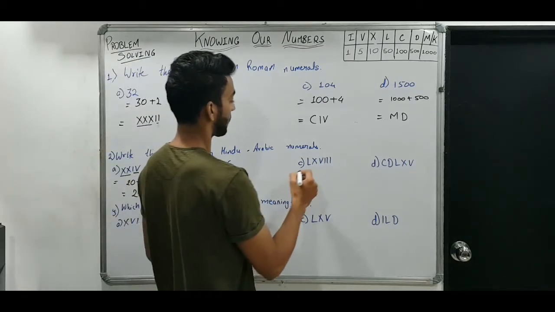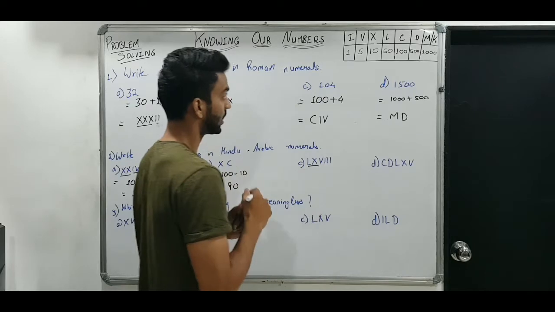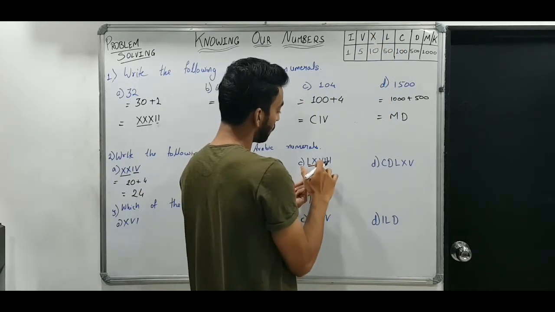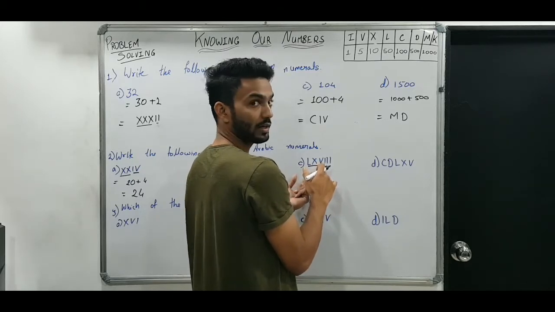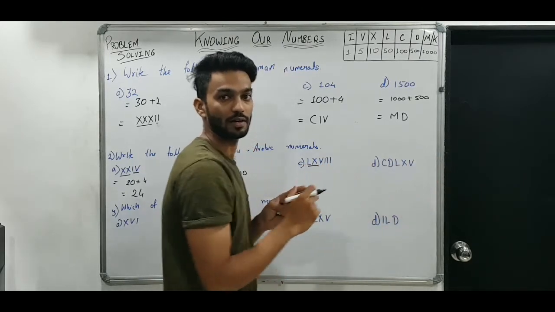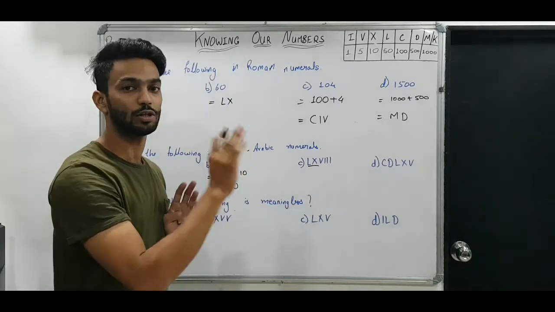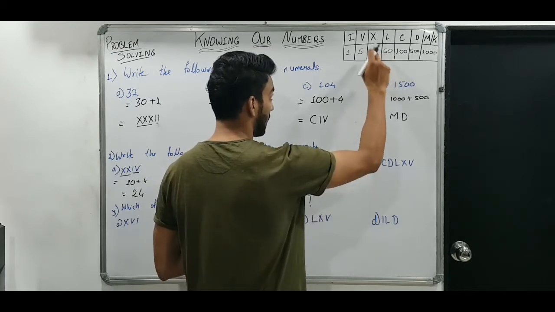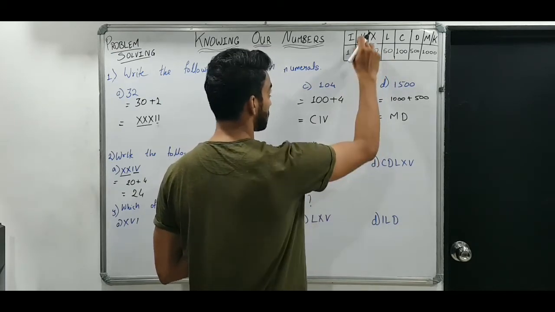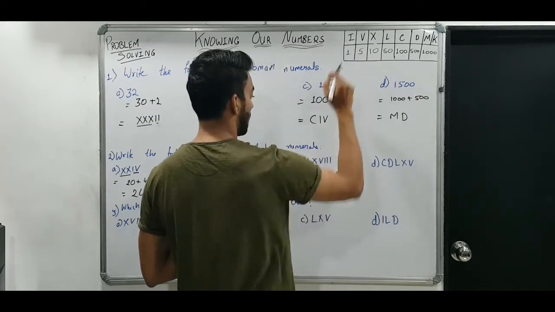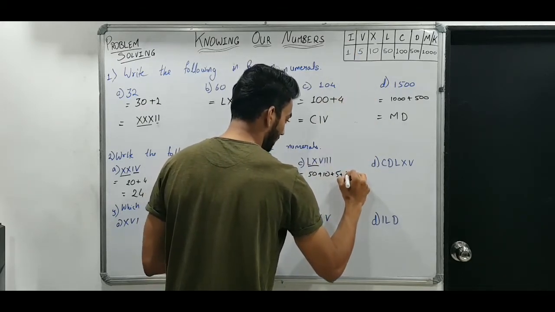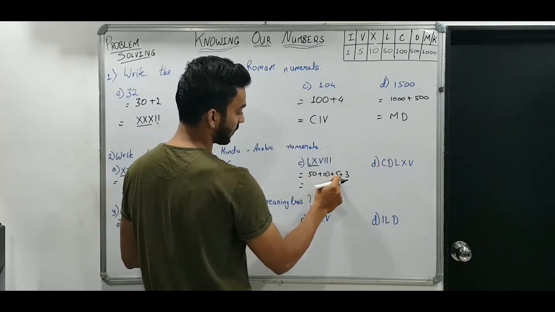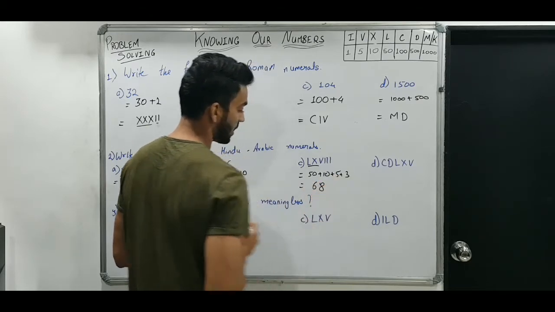Then next is LXVIII. Small greater symbol, then a smaller symbol, means addition combination है. फिर 5 वापस से smaller है, फिर और smaller, मतलब ये decreasing form में जा रहा है. Decreasing वाला रूल देखा है that we have to add all the symbols' values. So L is 50, X is 10, then this is 5 and I 3 times. So we can write directly 3 or we can write 1 1 1, both will do. So 50 plus 10 is 60, 60 plus 5 is 65, plus 3 is 68.